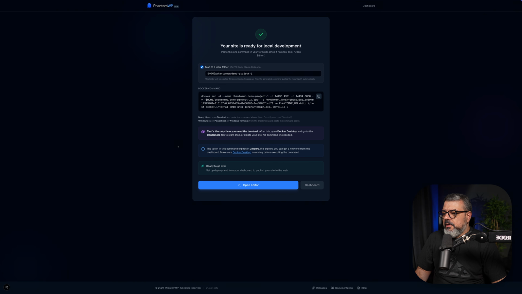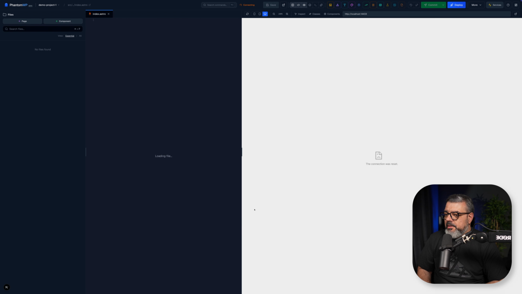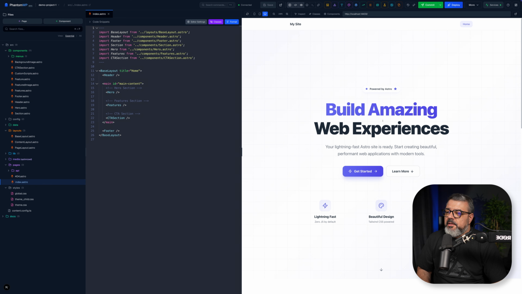Now let's go back here. We're going to click open editor. So it's going to wait for the container to start. Okay, so the container started. Here is the site. So now this site is running locally and our whole development environment is inside the Docker